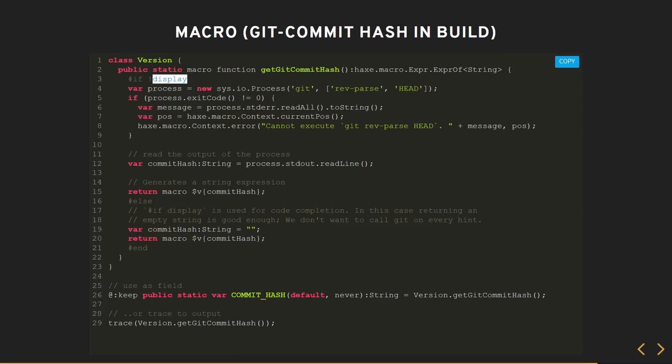I don't know git that well, but I assume this is going to give you the commit hash, the commit ID for your branch. It's going to check the exit code on it. If it ran successfully, it's going to get all the output, which in this case should just be the hash you're looking for.